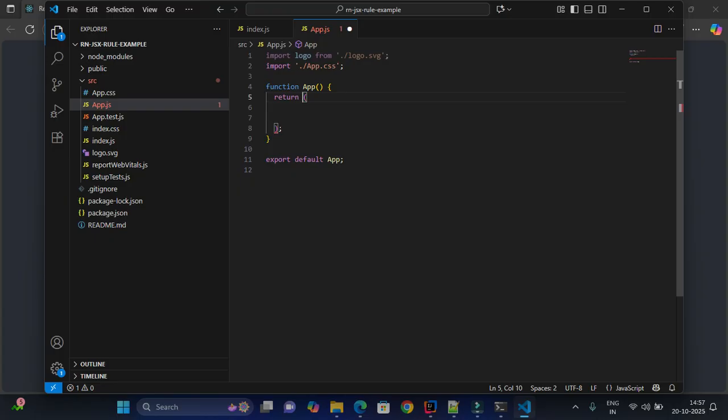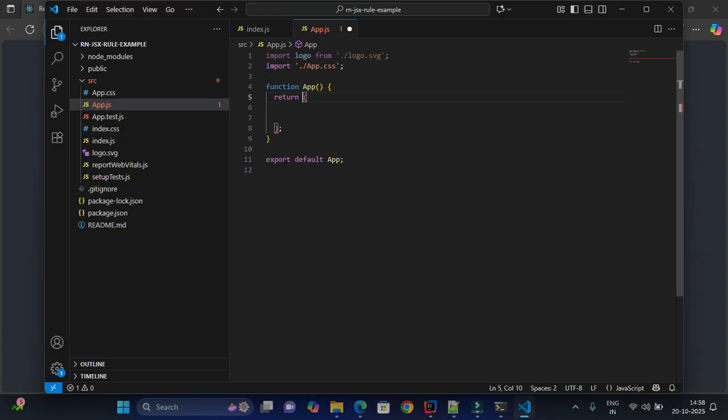It also allows us to write HTML code inside JavaScript. JSX helps to write the HTML code inside the JavaScript, and it is compiled by the tool Babel